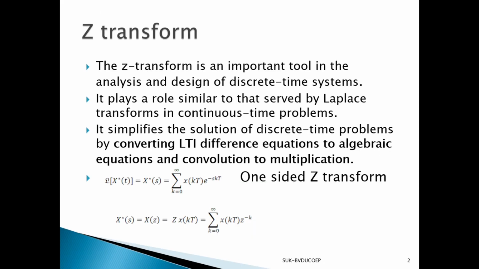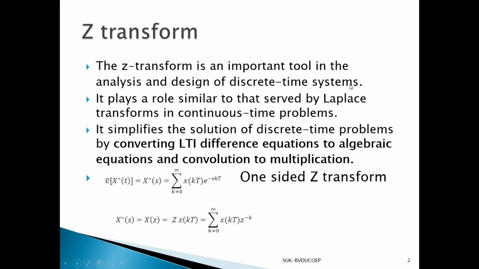So, what is Z transform? Z transform is an important tool in the analysis and design of discrete time system, because it is discrete, means one by one we are converting it. So we have to understand in continuous time system what we do. When I apply a particular signal to the system, we write down the differential equation and then we apply the Laplace transform to the differential equation and convert that differential equation into an algebraic equation, and then we solve and find out the value.